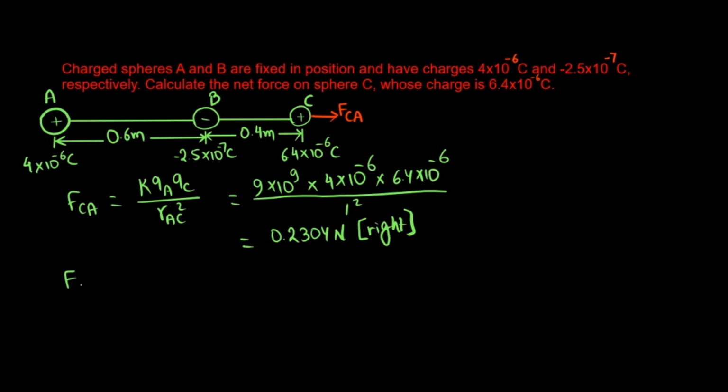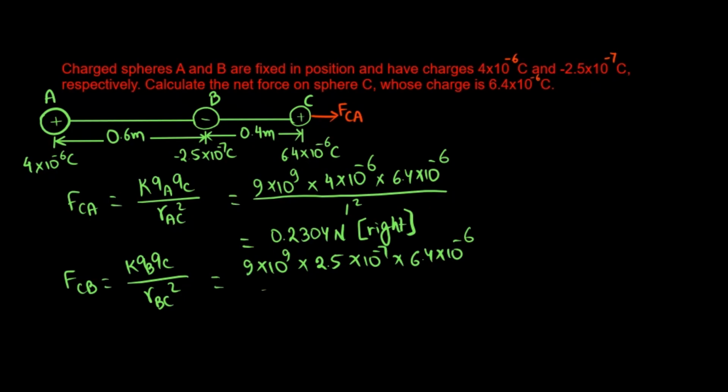For the force on C because of B, we have K times Q of B, Q of C over RBC squared. K is 9 times 10 raised to 9. QB, now notice something here. B is a negative charge, but in the formula we only write the magnitude. So just write 2.5, not negative 2.5, and then QC is 6.4. RBC, the distance between B and C, is 0.4, so we do 0.4 whole squared. When you solve, you get